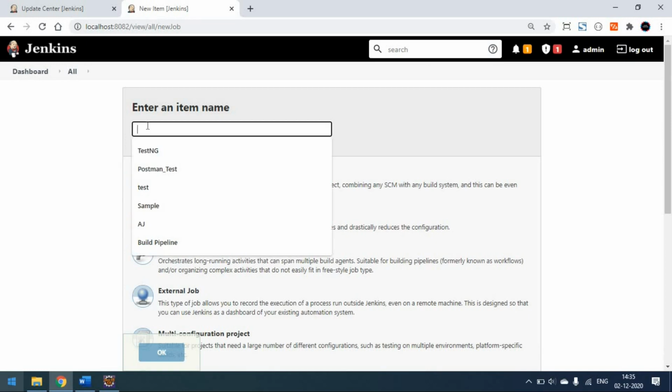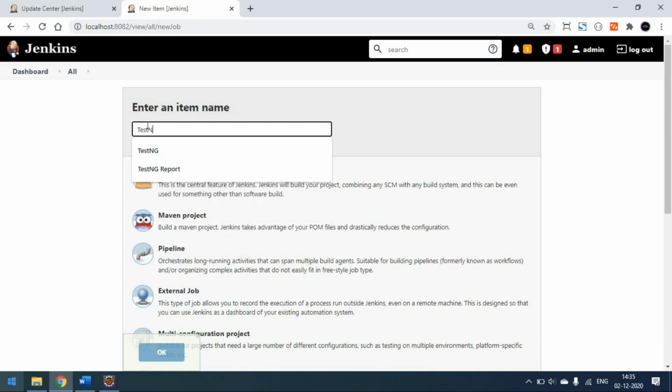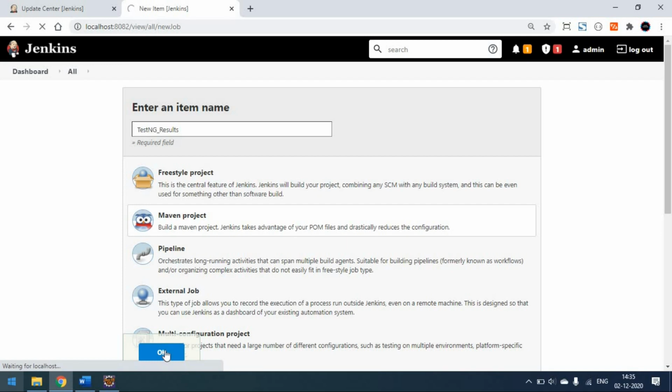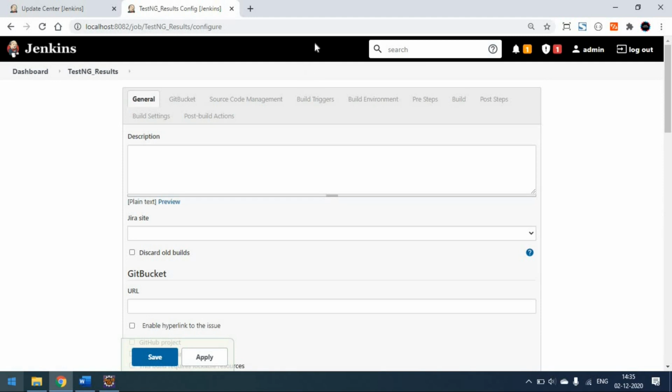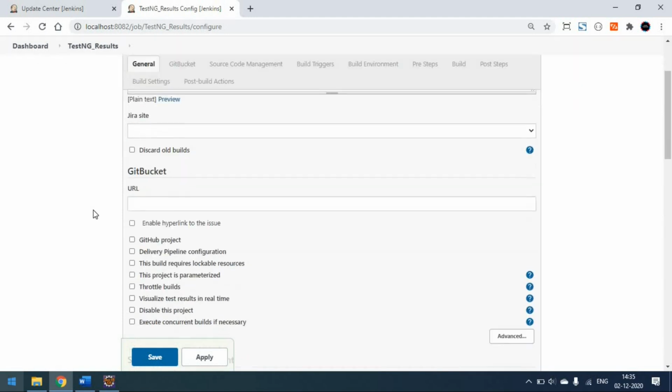I am creating it as TestNG results, and I am selecting a Maven project since I already have a Maven project created. Once the project is created, you can see this page.